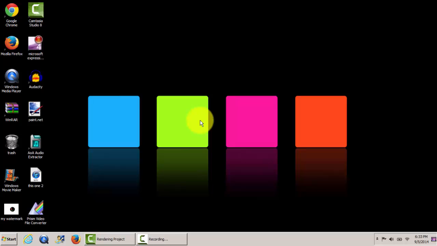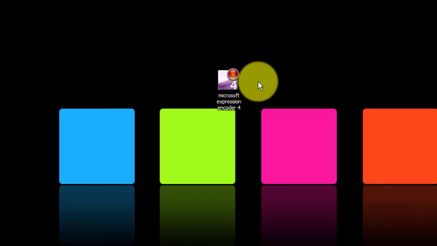Now, Microsoft Expression Encoder 4 is kind of the one I wanted to get into because it's not like an advanced application or anything, and I feel like it's a great beginner application for those type of people that haven't been in the YouTube or editing facility for a little while. So I am going to be going into a little bit of depth with this, even opening up the application. So why don't we go ahead and get started with